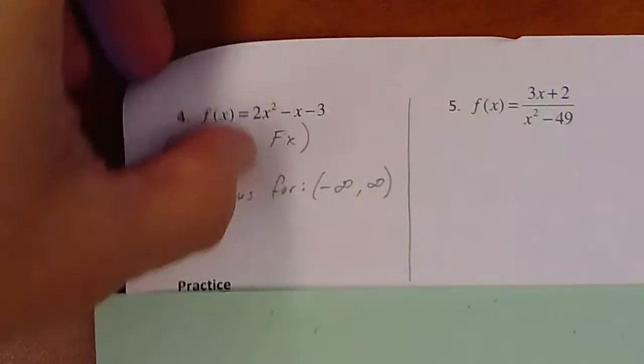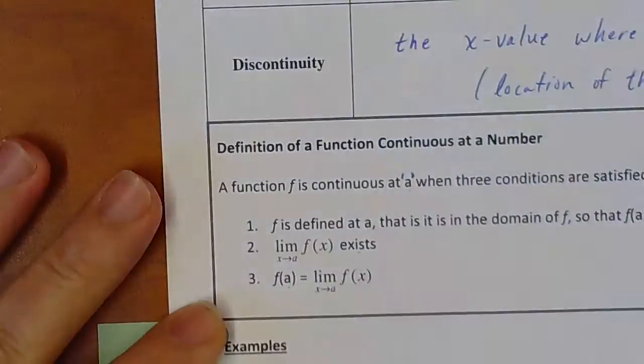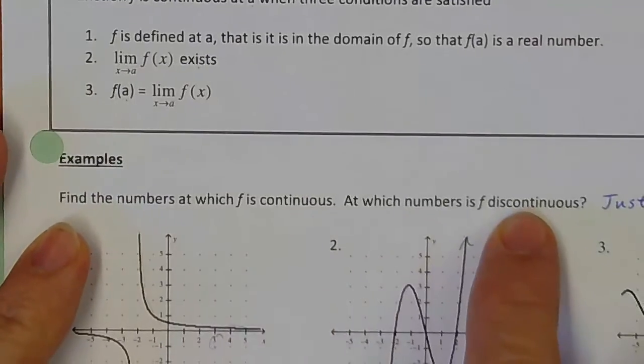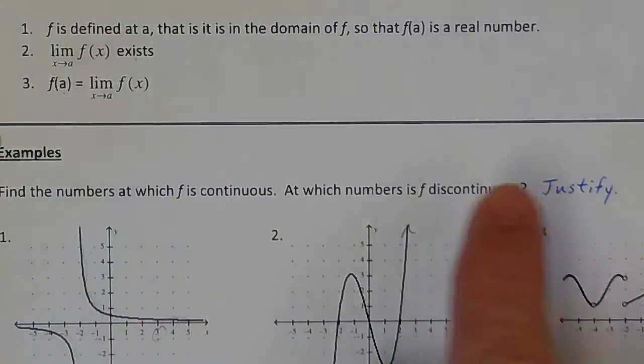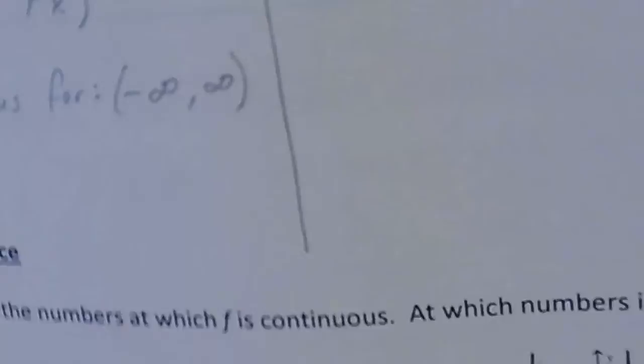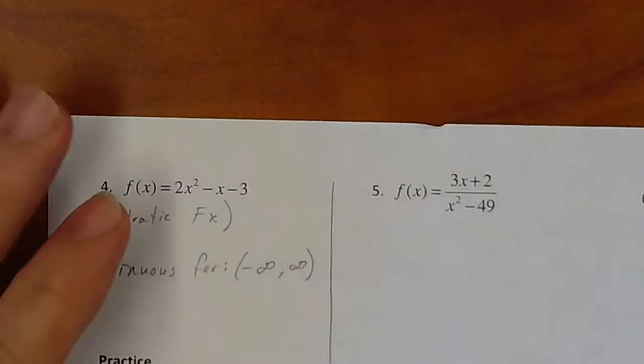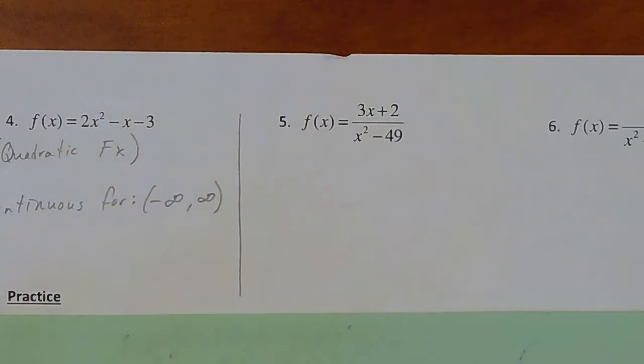Okay, so the direction is still the same, right? Where is it continuous? If it is discontinuous, maybe we can justify it, but it wasn't discontinuous. So we got a pretty short, easy answer to number 4. Okay, about 5. Well, we'll peek at this in a moment to verify this, but you could also figure out